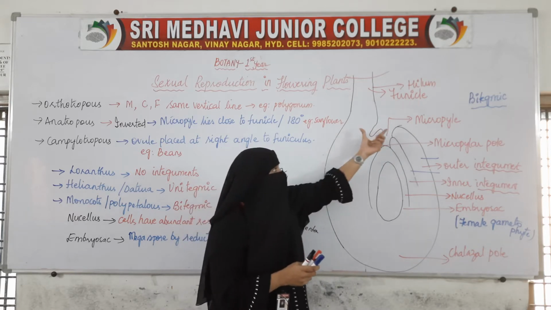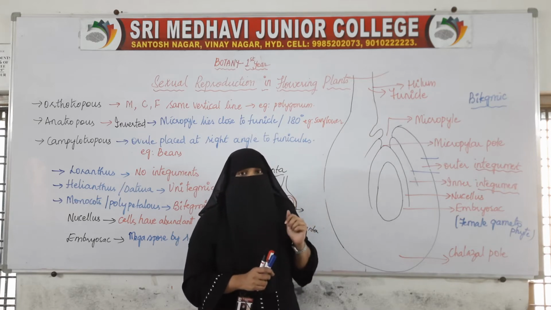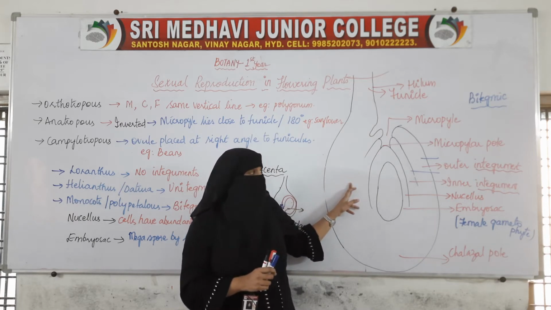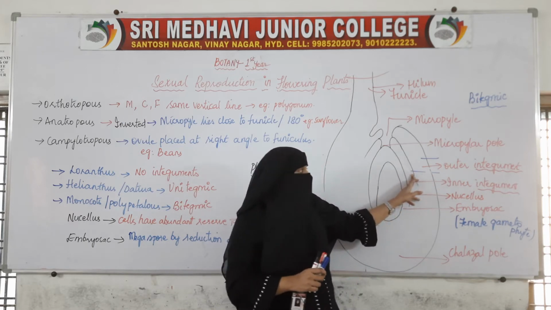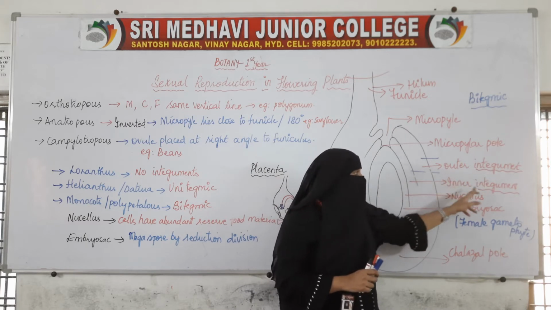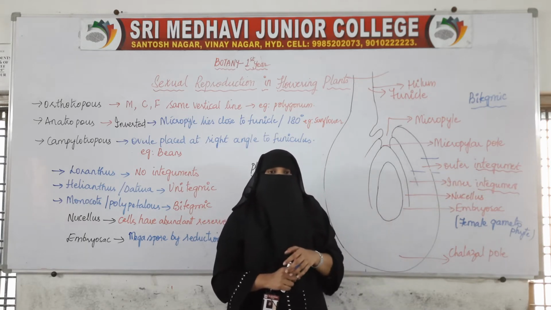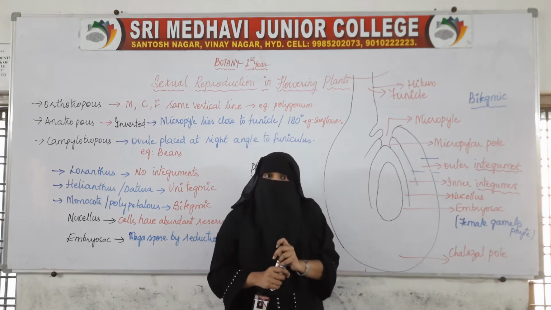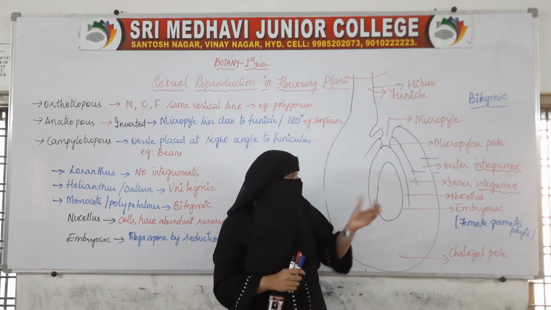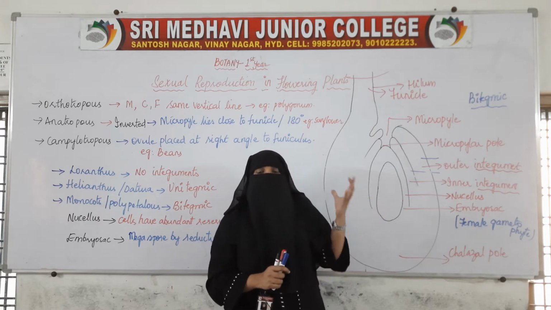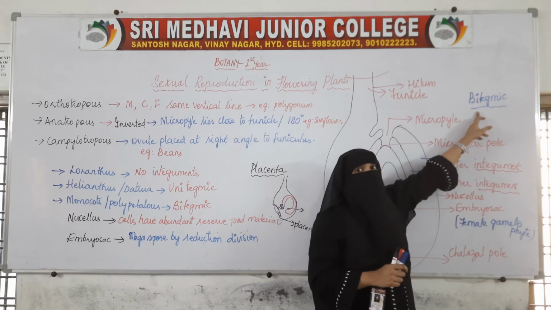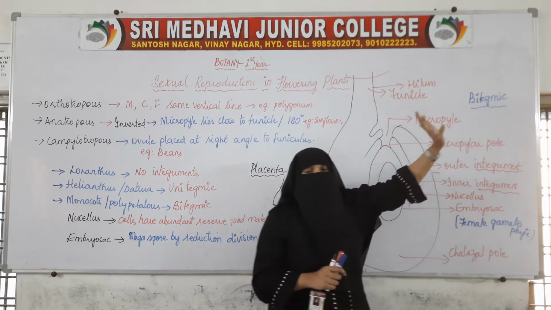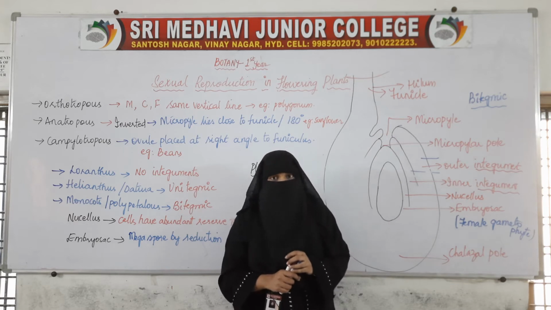Okay, and here the ovule is covered by two membranes. This is the outer membrane and this is the inner membrane, so we can call them the outer integument and inner integument. We can say the ovule is covered by two integuments, or two layers. That is why an ovule covered by two layers is called a bitegmic ovule.